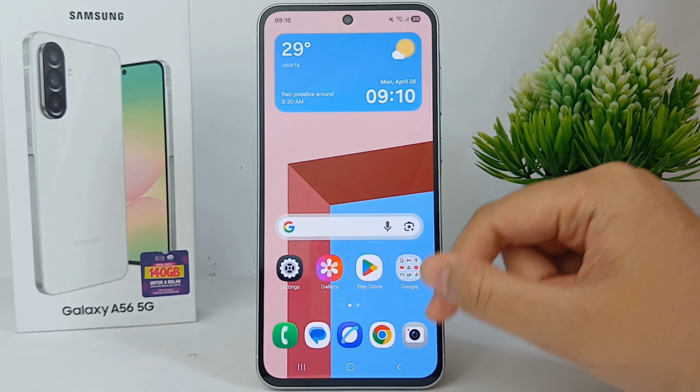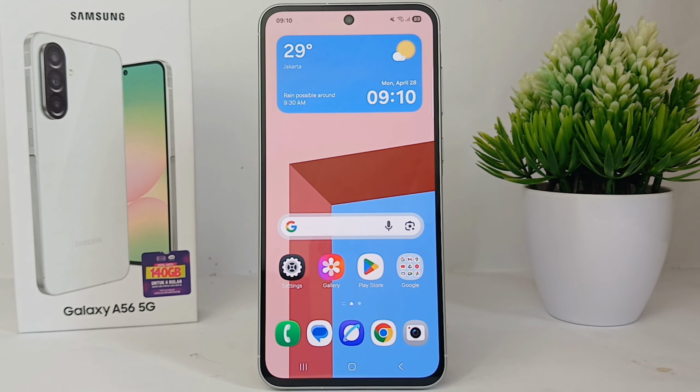Alright guys, so yeah, here's the tutorial on how to change the screen lock to the pattern model,